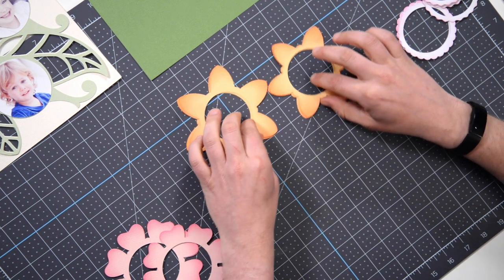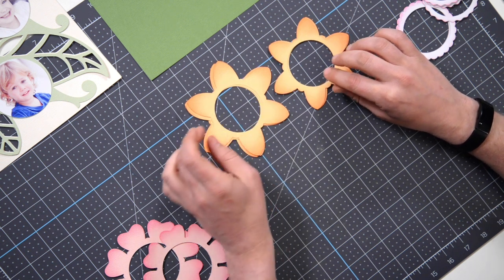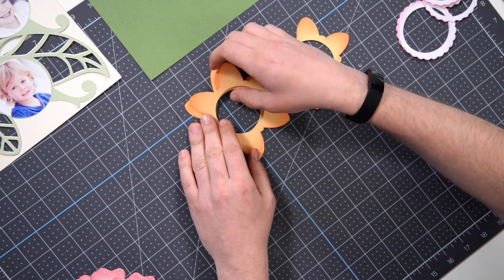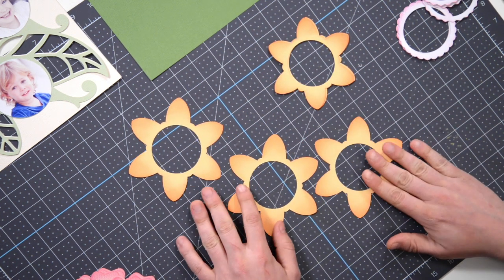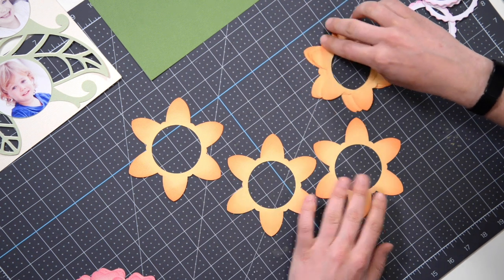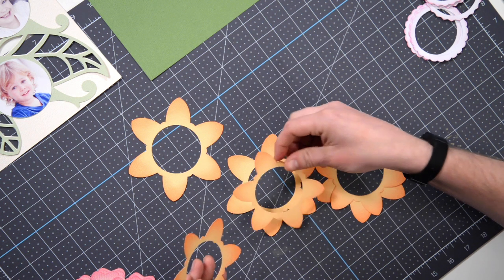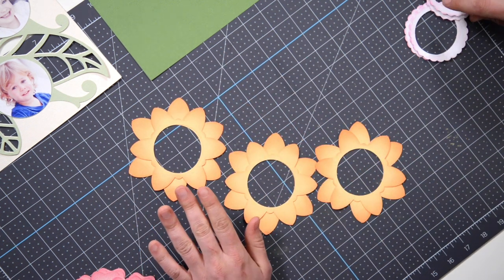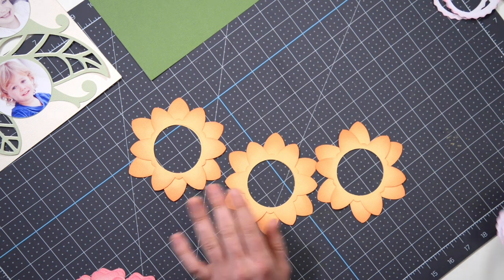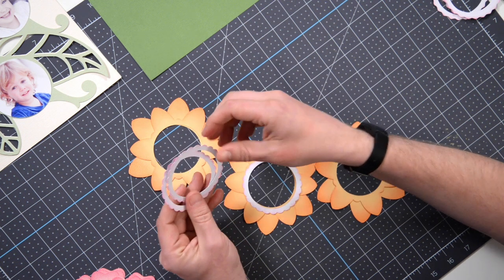So I just want to go over what we have here. One set of flowers is going to be made up of 6 flowers total. So we have 3 of the same size of this piece here, and then 3 of the same design, but slightly smaller, and they're going to go like this, okay? So that's 3 flowers there, and then the interiors for these are going to be the ones that are a little more round as far as the scallops go. So they're going to be like that,